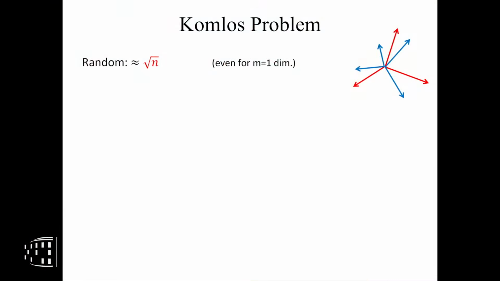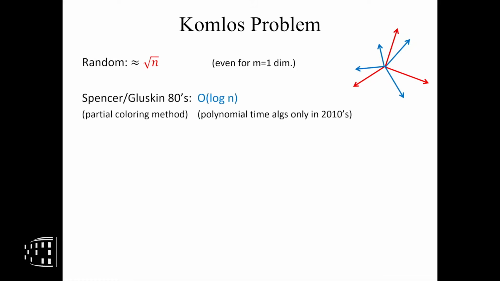Root n you can always do. And when I say root n, I might ignore log factors. Who cares, right? OK, so there was this amazing result developed during the 80s. There was this whole technology developed, which says you can do exponentially better. By Spencer, and independently by Gluskin in the USSR. You can get log n discrepancy, or this gap. And if you haven't seen this before, this should look very surprising to you. How can you beat random so dramatically?